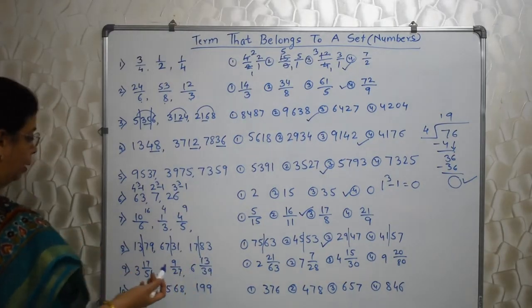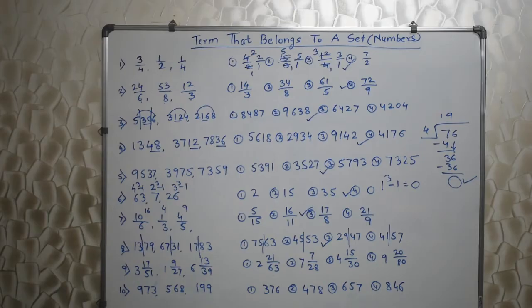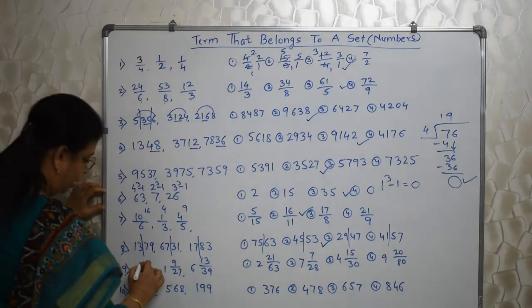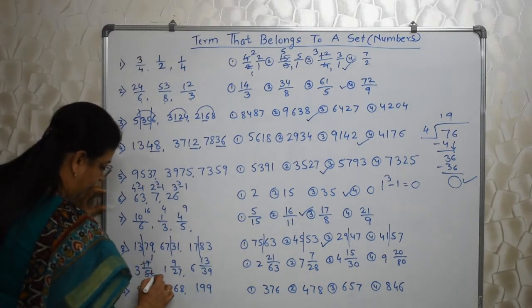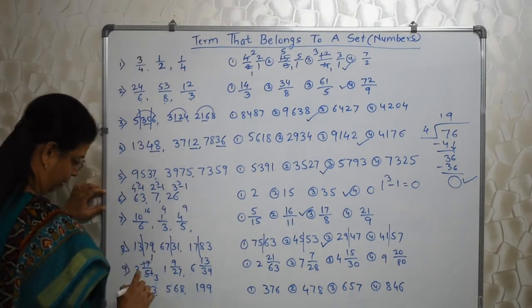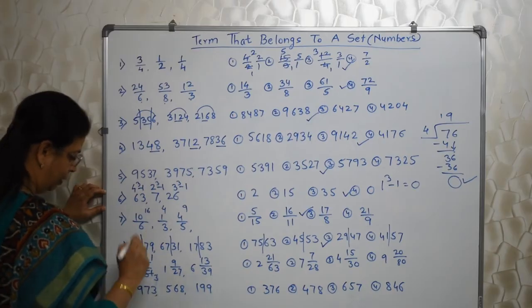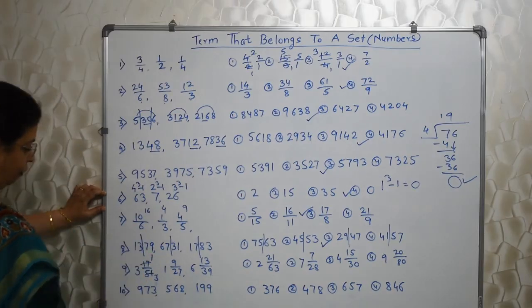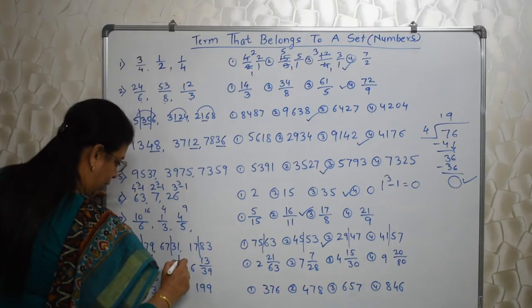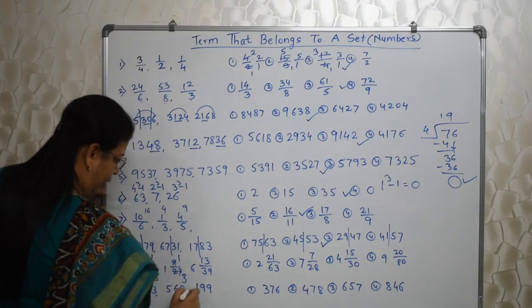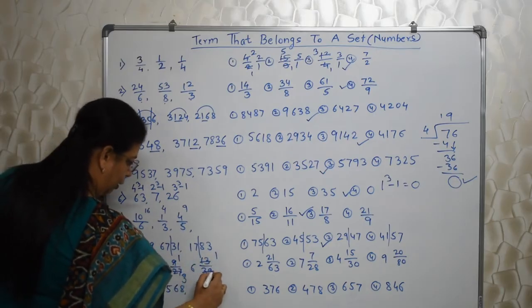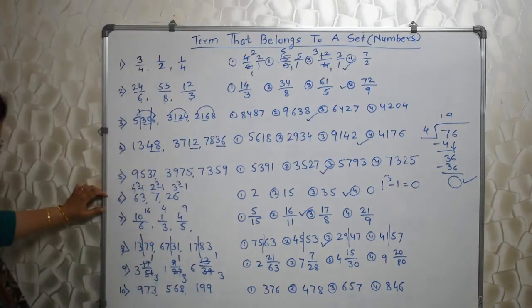317 upon 51, so big numbers. Oh my God. So what are? Is it difficult? Not at all, बच्चे लोग, not at all. See, 17 ones are 17, 17 threes are 51. 9 ones are 9, 9 threes are 27. 13 ones are 13, 13 threes are 39. So ये